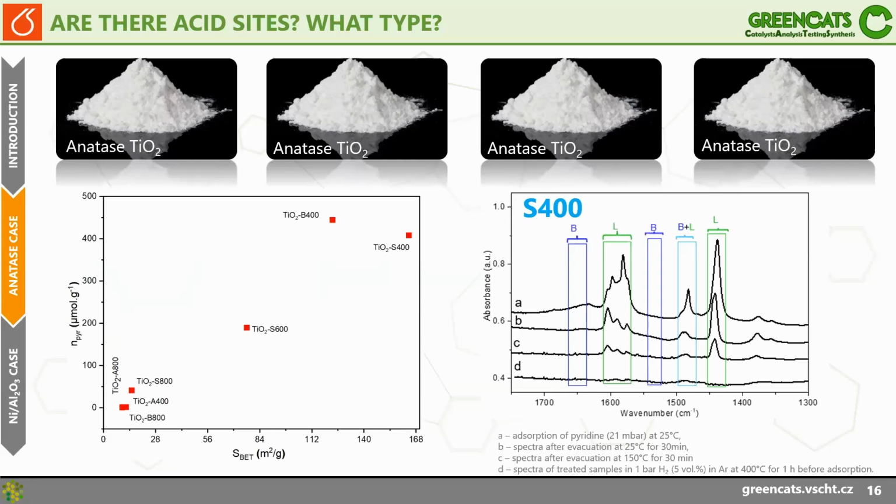And also we can see that when we plot this measured data versus the BET, there is some sort of dependence between those. The larger the surface, the more surface groups are able to adsorb pyridine